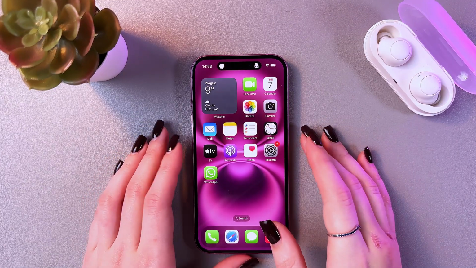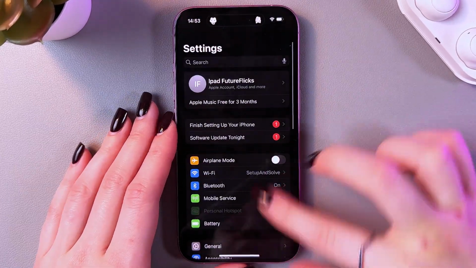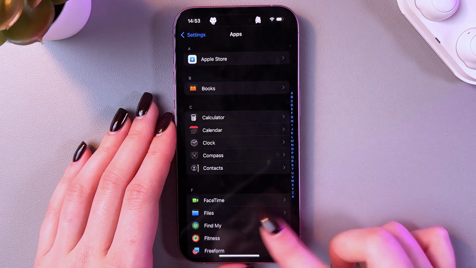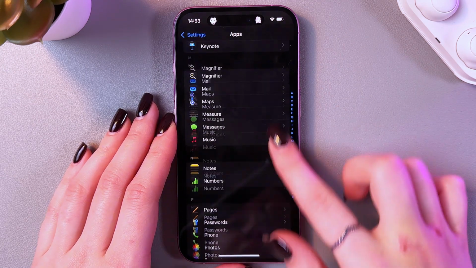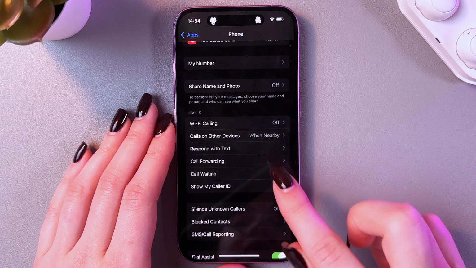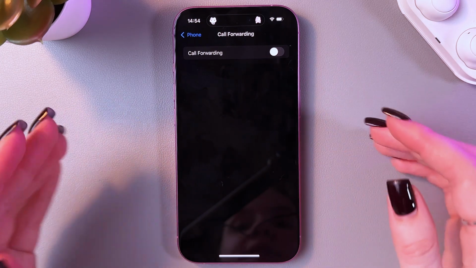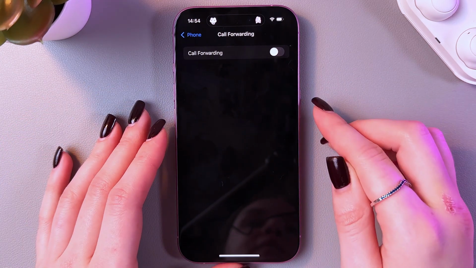Hi, if you need to enable or disable call forwarding on the iPhone 16, then open Settings, go in the Apps tab. Here find the phone application, and after that scroll a bit and you will see this call forwarding feature. So as a first step, you can see that now it is disabled, and to enable it just tap